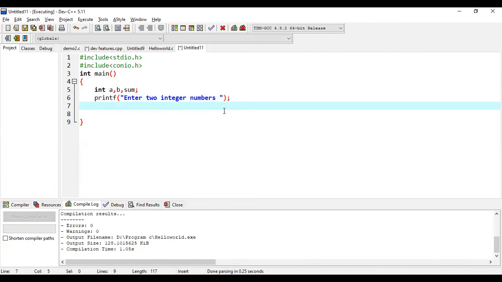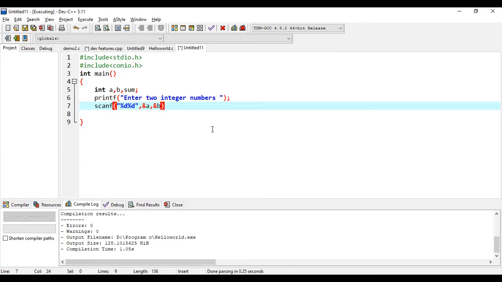Next, I'm going to read the values. I'm going to make use of a predefined function, that is scanf. Scanf is the function to read values from the user. Within the double quotes, I'm going to specify the format specifier, that is %d, %d, close the double quote. After that, a comma, then ampersand a, comma, ampersand b, followed by a semicolon.